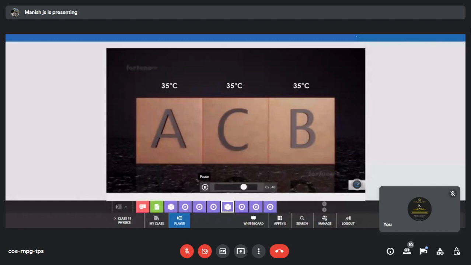This demonstration implies that system A is in thermal equilibrium with system C, and system B is also in thermal equilibrium with system C. So, system A and system B are in thermal equilibrium with each other. One application of the zeroth law is measuring temperature. In thermometers, as the thermal equilibrium is achieved, the mercury will rise to measure the temperature.